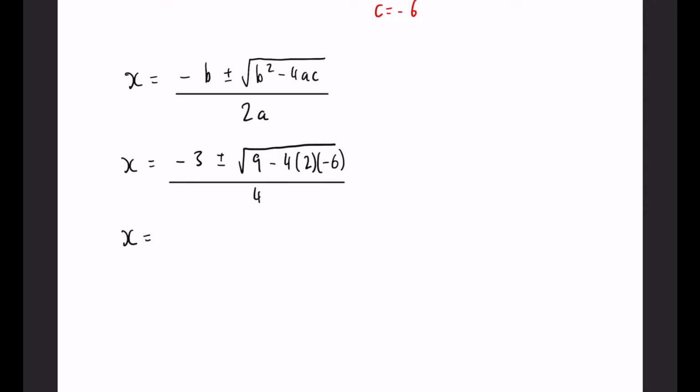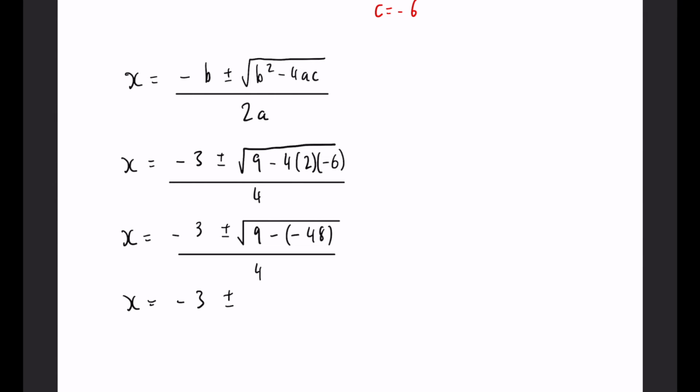So, just a little bit of simplifying again. We have minus 3 plus or minus. Now, the inside of our square root, we're going to have 9 minus 4 multiplied by 2 is 8, multiplied by minus 6 is minus 48, all over 4. So be really careful with the negatives inside the square root. Minus 3 plus or minus the square root of 9. Double negative makes a positive, so plus 48 will give us